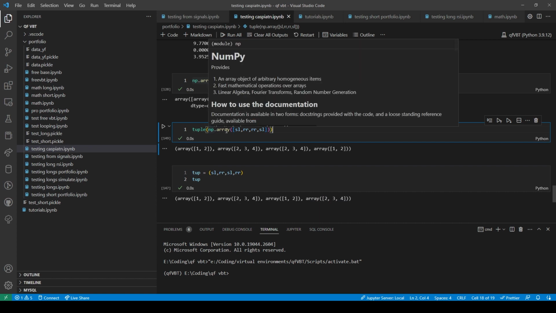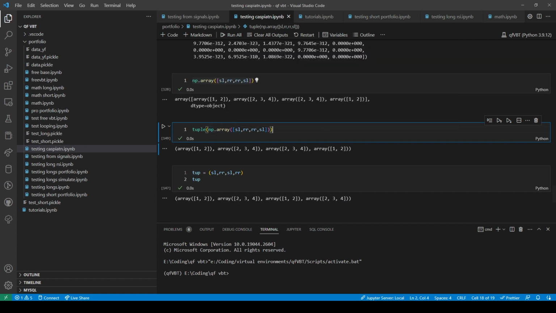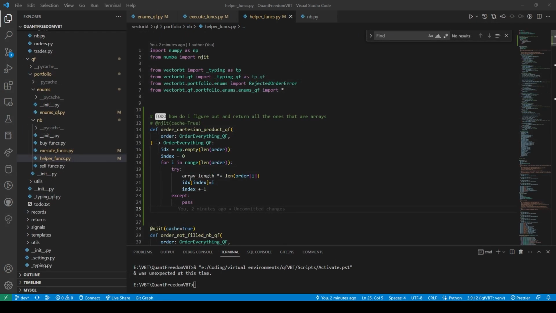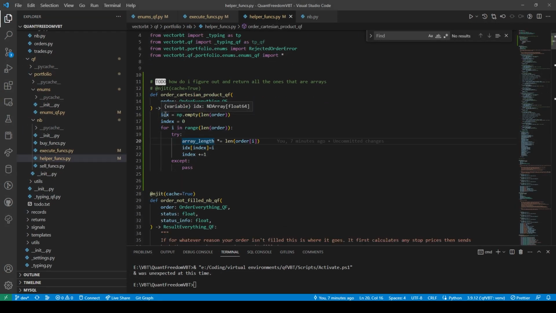Oh. So here, we just do this. Tuple np.array. And so inside of here, we have this array that's empty. I don't even need this length thing anymore. Just try this. So array is this. Index IDX is this.